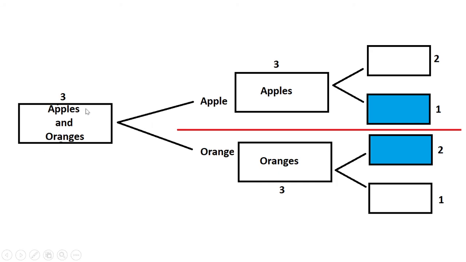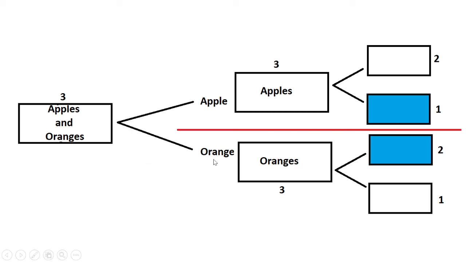If we take out a fruit from the box labeled apples and oranges, there are 2 choices. Either the fruit is apple or the fruit is orange. Now let's see if the fruit is apple. Now we know that the fruit is apple and the label apples and oranges is incorrect. So the only possibility is that this box must be labeled apples. So box 3 will be labeled apples. Now if we look at box 2, it has been labeled oranges. Now we know it is incorrectly labeled, so the only choice is that box 1 should be labeled oranges and box 2 should be labeled apples and oranges.